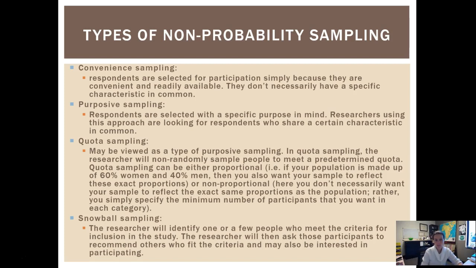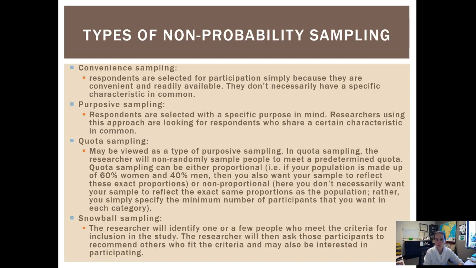On the flip side, I might say I don't really care about the actual proportions in our community. I just want to make sure that half of my sample is male and the other half is female. So in that case, it would be non-proportional, and I'm just going to make sure that half of the surveys I collect are from men and the other half are from women. So that's quota sampling. And then the last type of non-probability sampling that I wanted to bring up is snowball